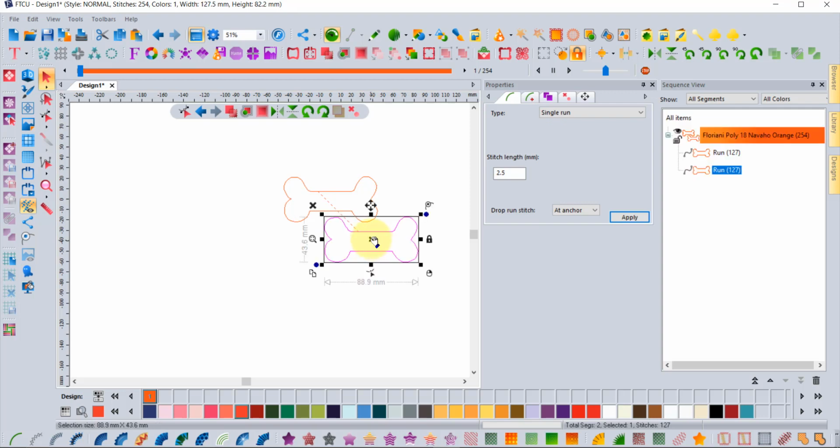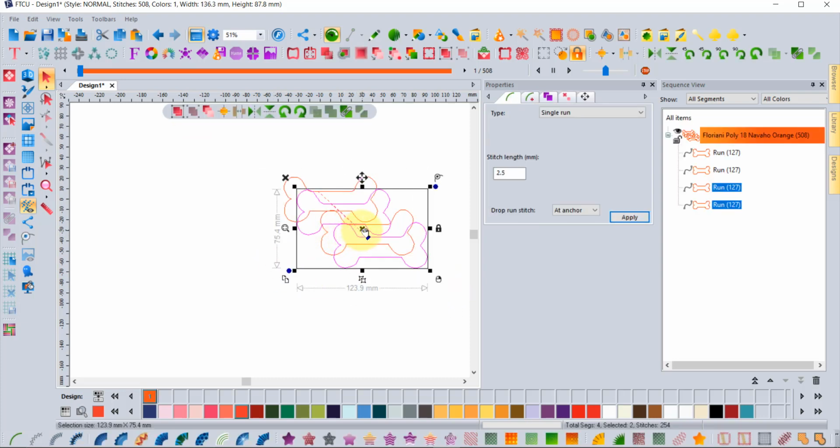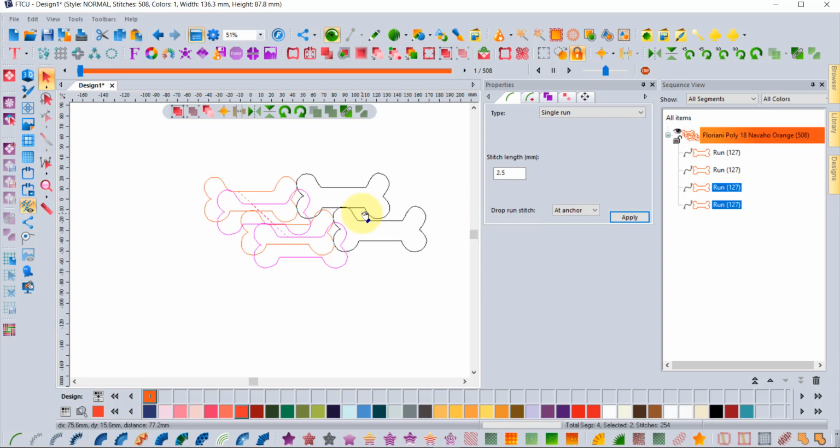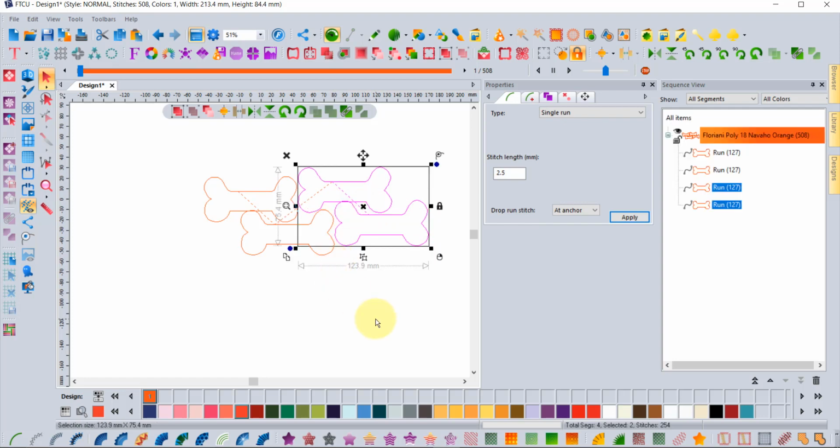And then you can, let's see, make it nice and close like this. And then copy those two and make another one, and create a whole sort of area building together with your dog bones. And so the kind of cool thing here is once you place them all together,